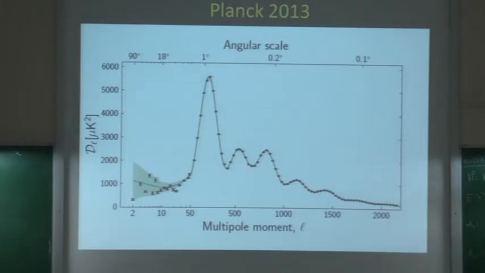Now, how does dark energy come into play? What are the things dark energy can affect, or from which information can we get information about dark energy? One is this peak location. As I said initially, the peak location can give you a strong constraint on the curvature, because ultimately you have a scale in the universe and you measure the angle of the scale, and the angle will depend upon the geometry of the universe. You see that this peak location is around a degree scale, right? So this around one degree scale peak location tells us that the space part of the universe is more or less flat.